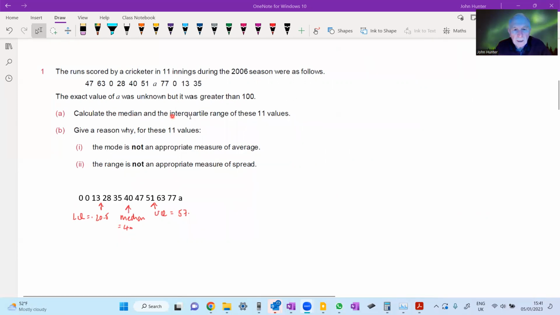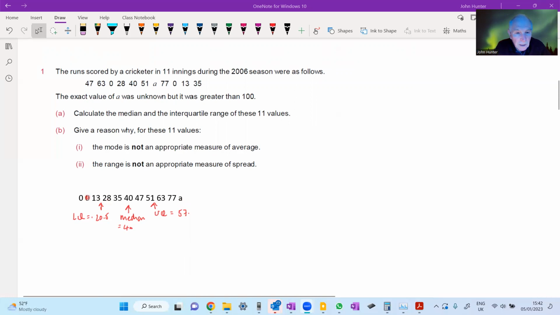Calculate the median and the interquartile range of these 11 values. Okay, so in order to do this we need to put them in order. We could draw our chart as we did above, but we've only got 11 numbers here, so we're quite comfortable handling them. We only categorize them if there are a lot of numbers. So there we go, I put them in order: 0, 0, 13, 28, 35, 40, 47, 51, 63, 77,